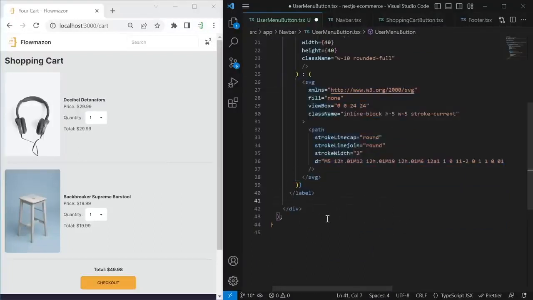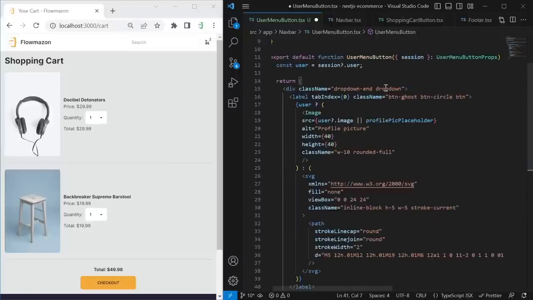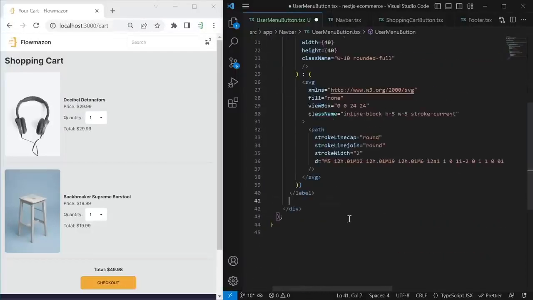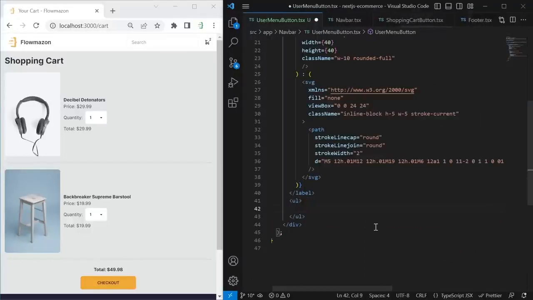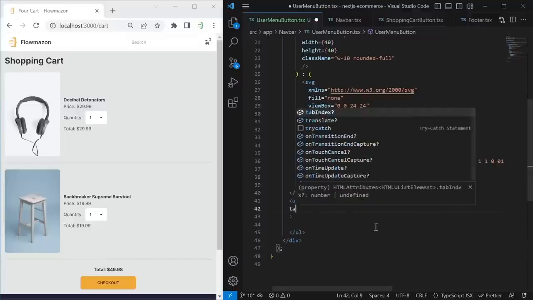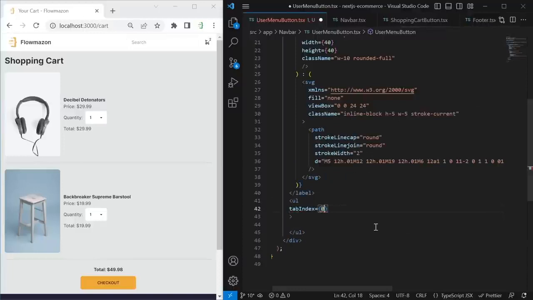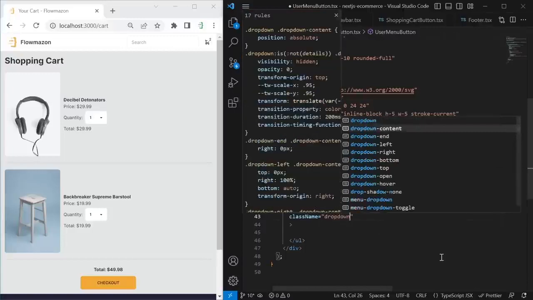And outside of this label, but still inside this div, inside the drop-down menu, we add the drop-down menu items. So in here we put a UL, an unordered list. This is just a normal HTML tag. And to the opening tag of UL, we add this tabIndex 0 again. Again, this is necessary for accessibility so that we can use tab to navigate between our menus. And again, this needs a class name, which are dropdown-content,